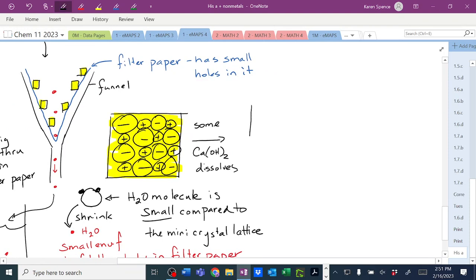And so what we end up with then, and this is where people were rolling their eyes at me and saying, are you serious? We're moving over to the right. Why did you not give me more paper? Anyway, now what we have is the ions floating around, individual ions floating around separately from one another.